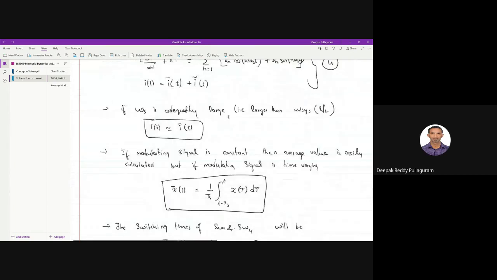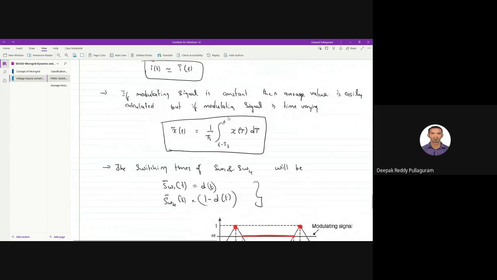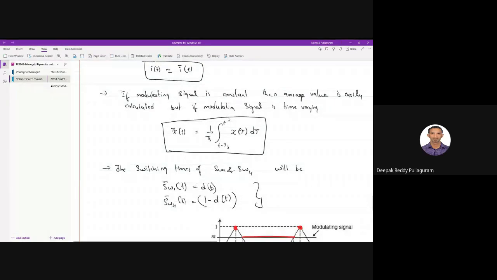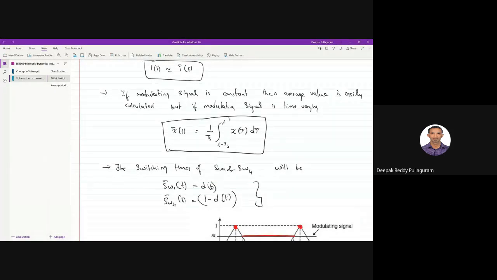Which one? This derivation. Yes. See, this is also generic. I've written the generic formula. I said you can directly write that in terms of D, but it is only valid if it is independent of T. If your modulation index is independent of T and you have a fixed duration, if T is known, the on time is known, then you can get a fixed value. But if the on time is unknown, then you need to calculate the average with respect to integration. That's what I'm trying to say here.